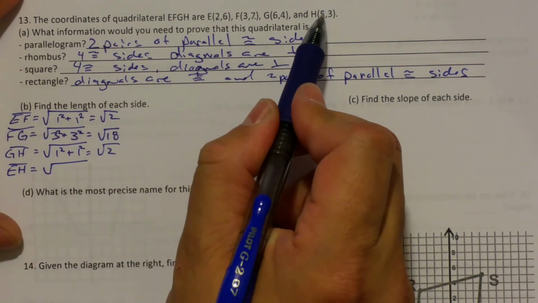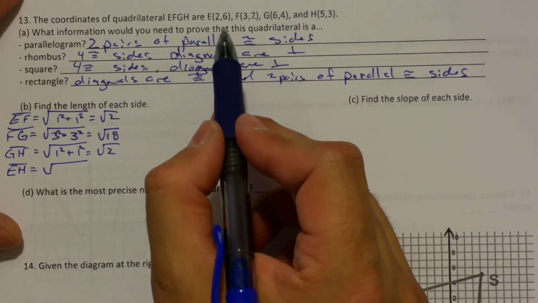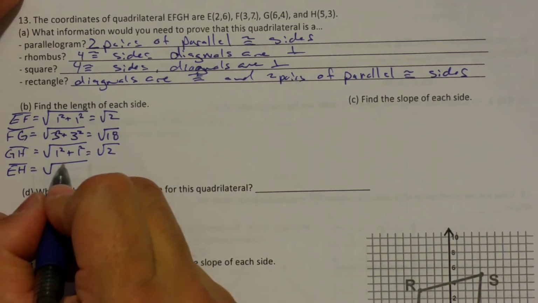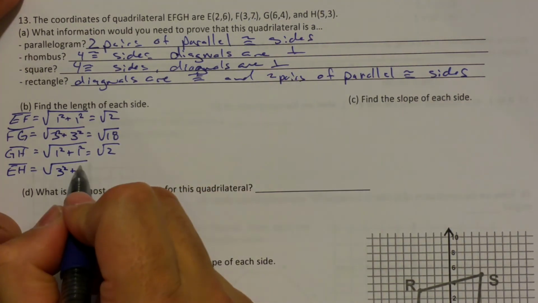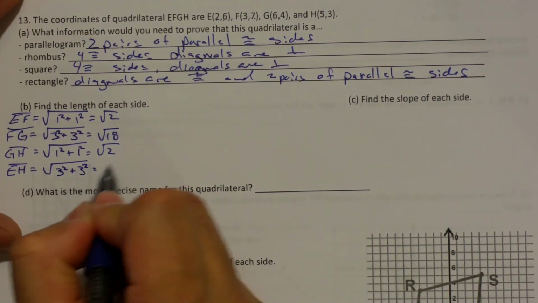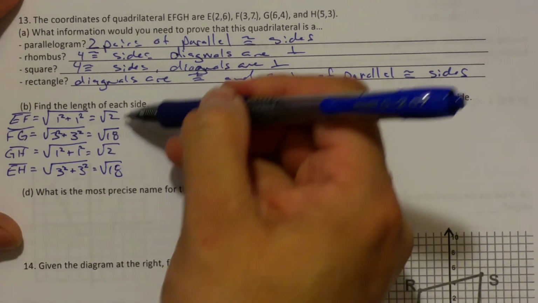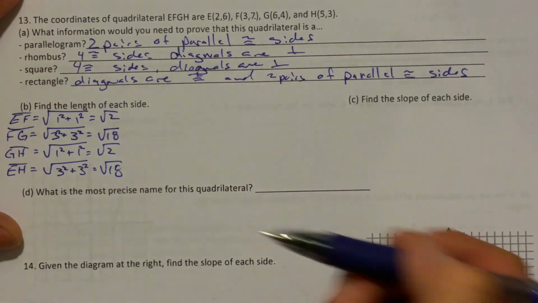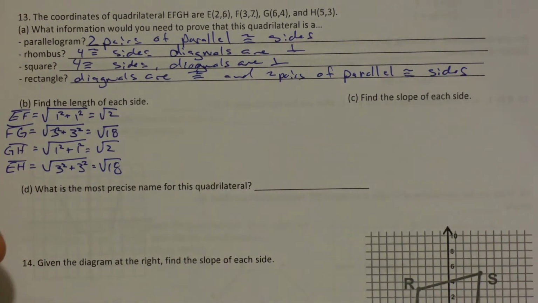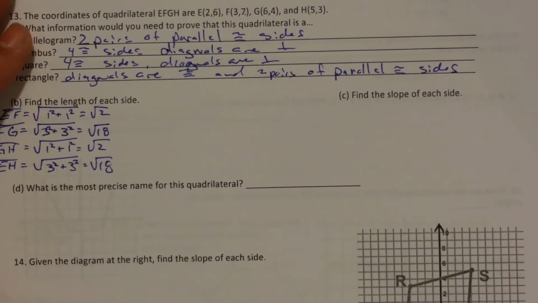And the last one is going to be EH. So from 2 to 5 is 3, and from 6 to 3 is also 3. So that's going to give me 9 plus 9, square root of 18. There, so given this information, I know that the opposite sides are going to be congruent, so I have that much information here. So I'm going to go through and categorize this, but just not yet, because I need to know the slopes